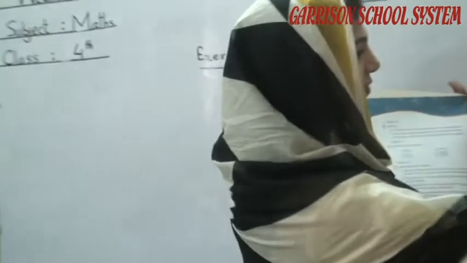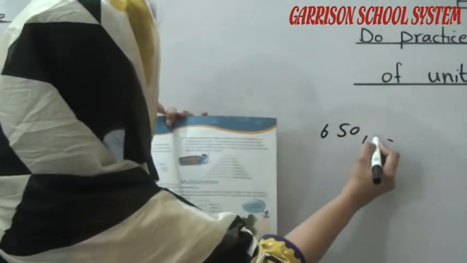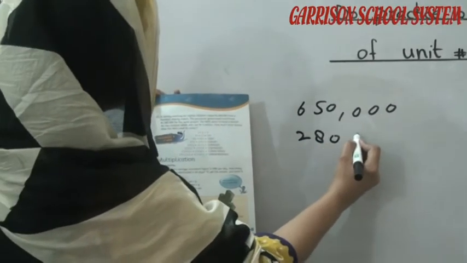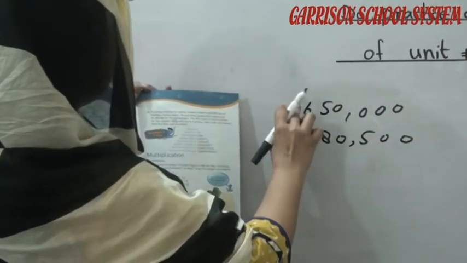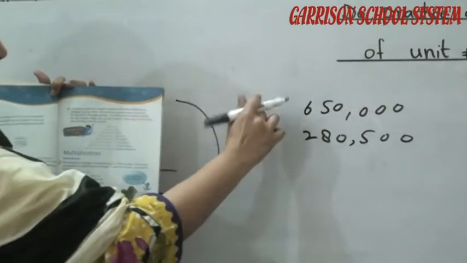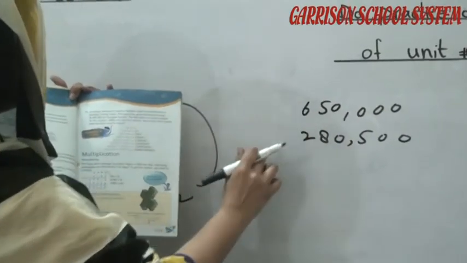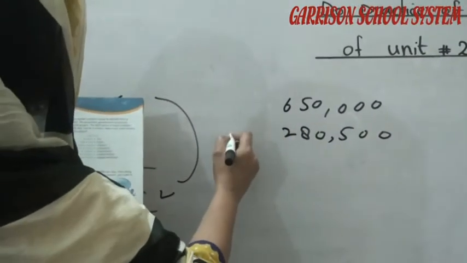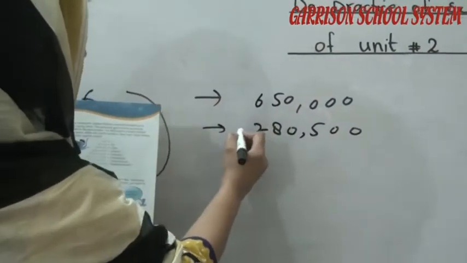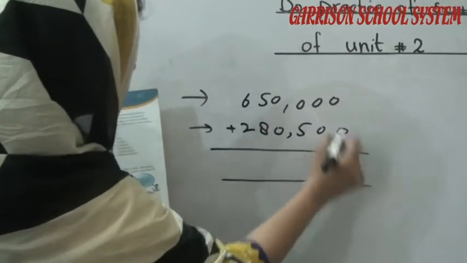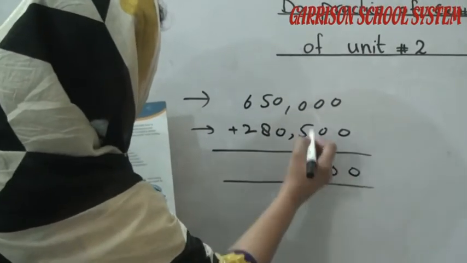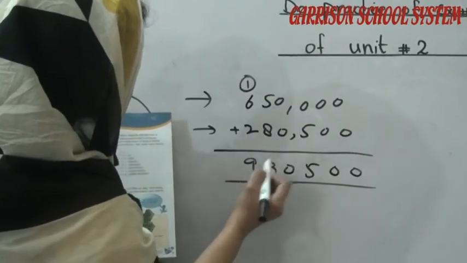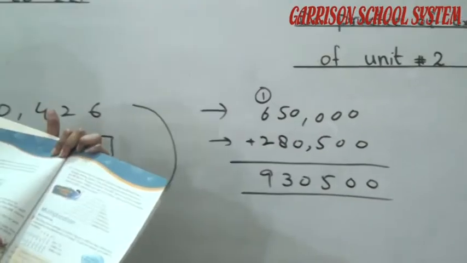This amount, 650, and this amount. Because this is the football charity amount, and this is the provincial government sanctioned amount. So, in total, how much? We will add these amounts. When we add, we get this amount. Okay, now what is next?